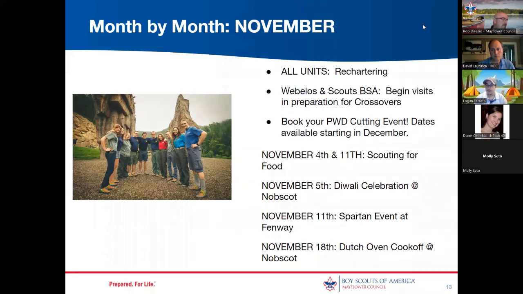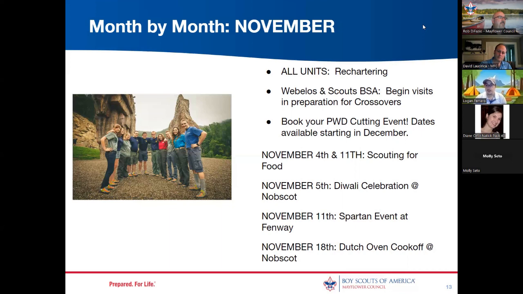What that means is we will show up at your pack location for the evening with the bandsaws, drill presses, all of the tools and supplies you need, plus plenty of advice from our Pinewood Derby specialists, as we like to call ourselves. We will come with about 20 different designs. I will have a few new ones this year because I always like to swap them out as we go. But your scouts are able to receive a cutting and purchase any weights or supplies they need. We do charge a small fee of $2 per car for the upkeep of the bandsaw and the other tools we use for the event.